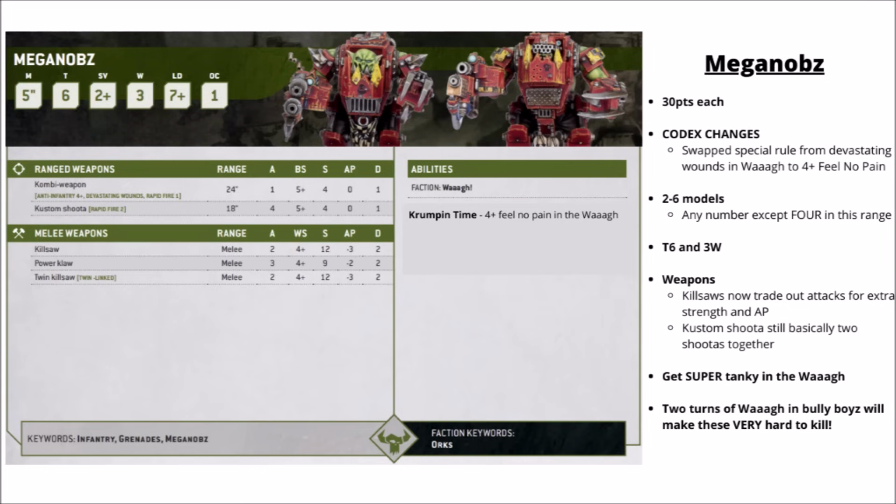Otherwise then, the main choices of war gear often tend to be either Power Claw or dual kill saws. The dual kill saws perhaps are the most common ones I've seen run since the post codex, only 2 attacks in melee, but they hit very hard at strength 12, AP 3 and damage 2 with twin links. Obviously in the turn of the war that goes up to strength 13 and 3 attacks each,